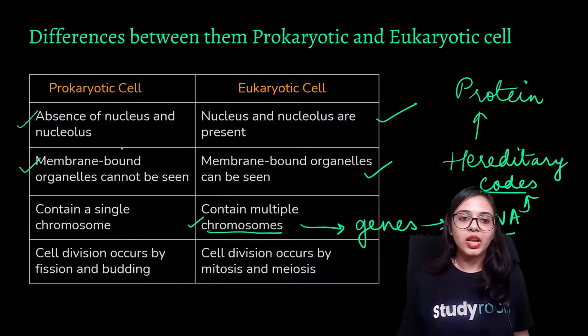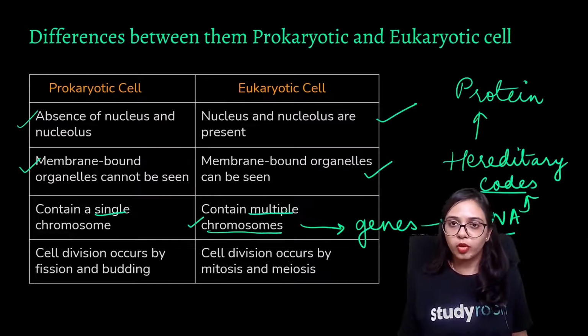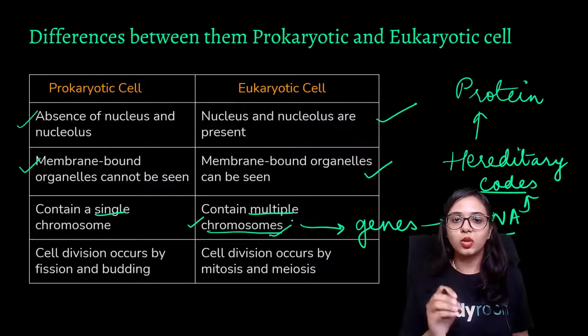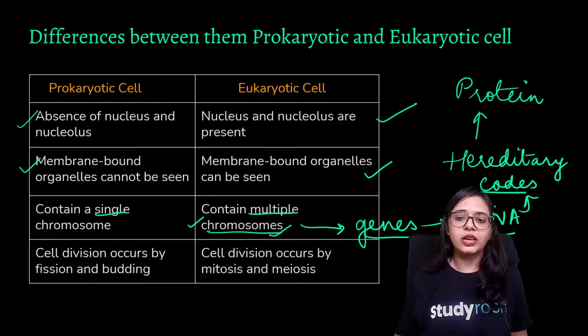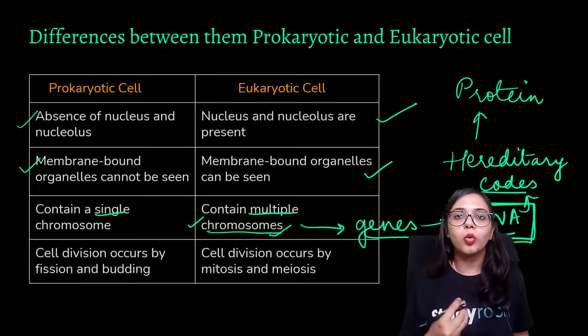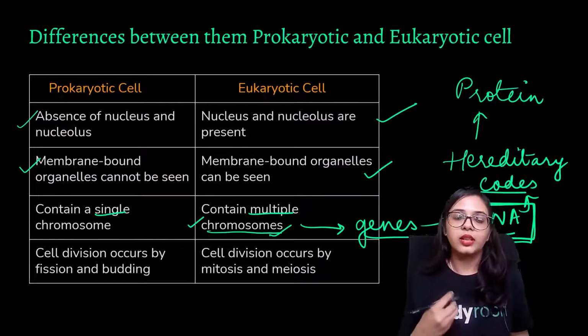Okay, so when I say that prokaryotic cells contain a single chromosome, and eukaryotic cells contain multiple chromosomes, by chromosomes I mean those entities present inside your cell that contain genes, that contain DNA. Let's just stop at DNA for now, so as not to make this process more complicated. DNA has that encoded biochemical formula that is going to produce